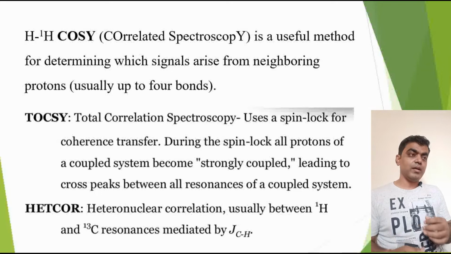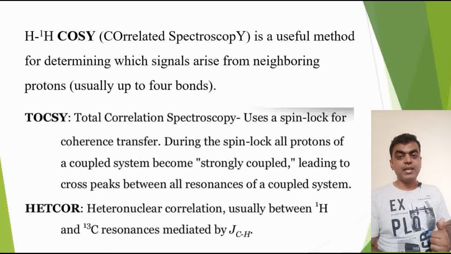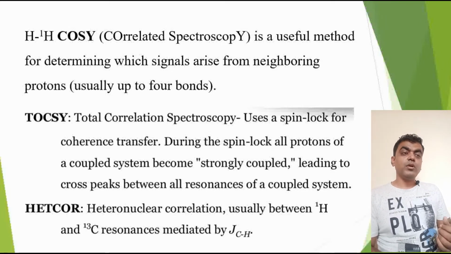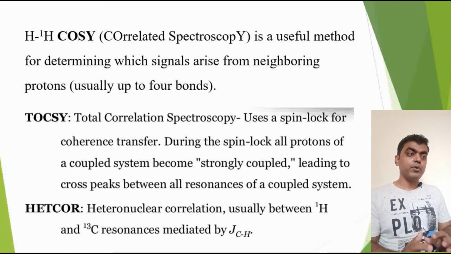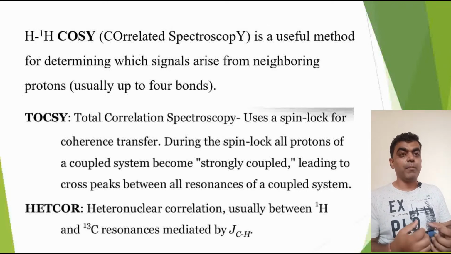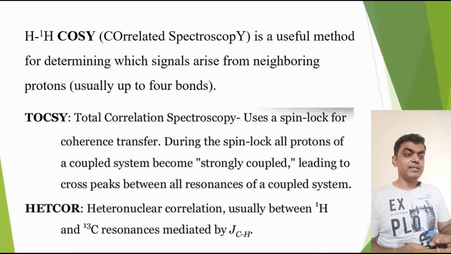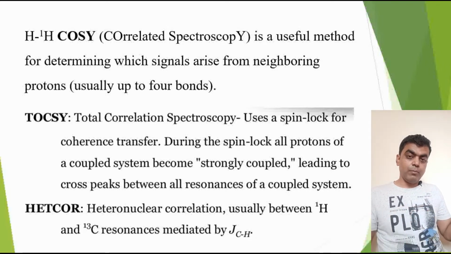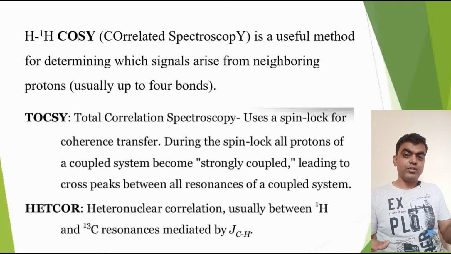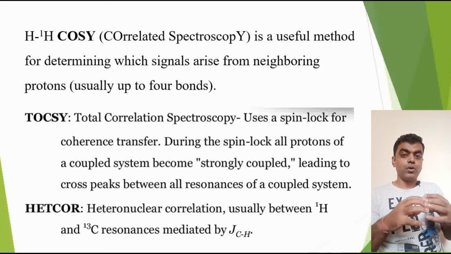Next, if you want to take it a step further, then we go for TOCSY. Now, as the name says, total correlation spectroscopy. In total correlation spectroscopy, as it defines, a spin lock is used for coherence transfer. During the spin lock, all protons of a coupled system become strongly coupled, leading to cross peaks between all resonances of a coupled system. Now, what is happening is, when you are doing a total correlation, it is through the bond length, and it is the total correlation with all the protons or all the carbons,